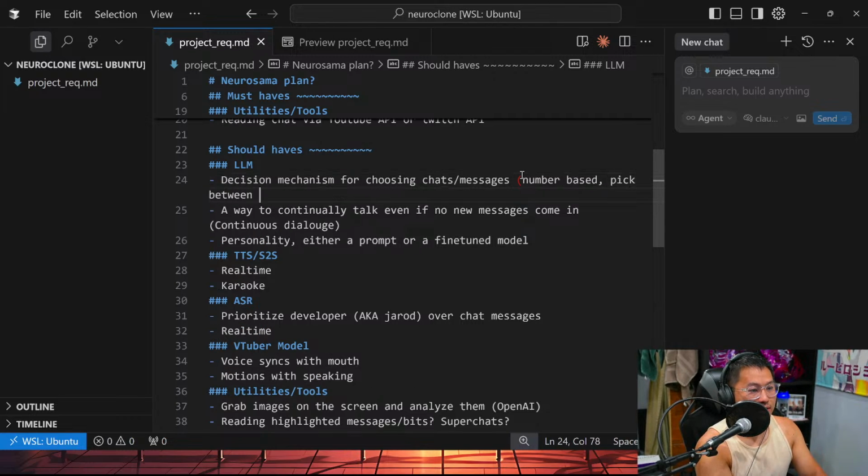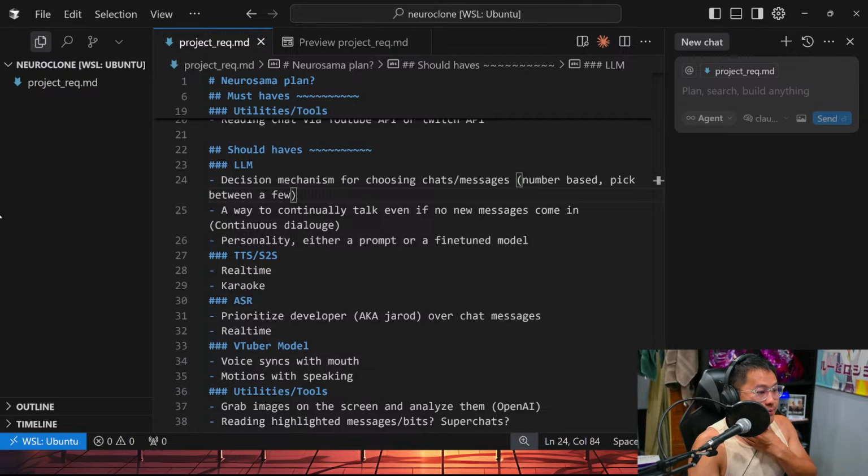Pick between a few. And then Thomas, you went with the LLM for decision making, the message list of available functions. I think that's going to be the most natural way to do it. So I don't think I want to do a giant list of hard-coded logic in there.